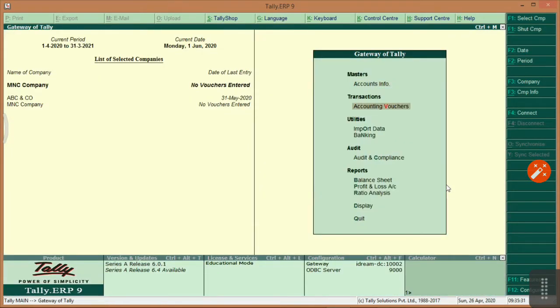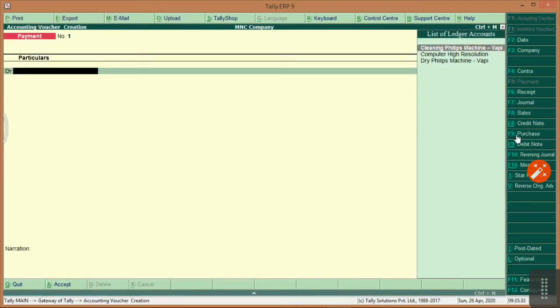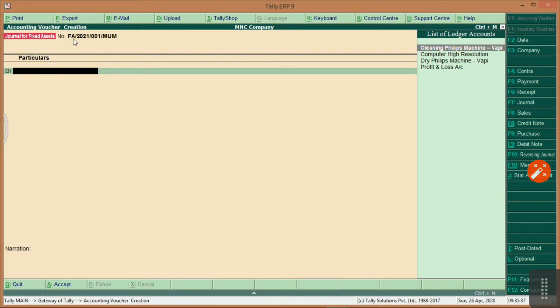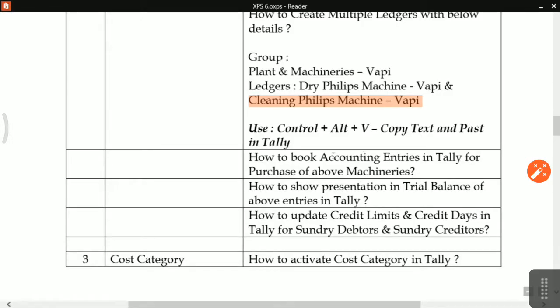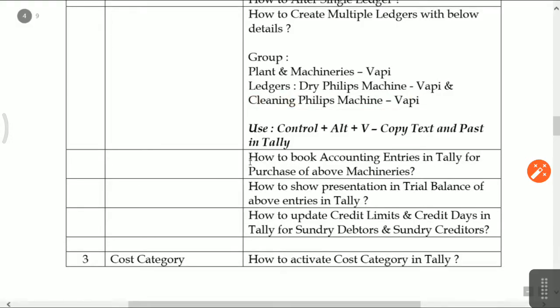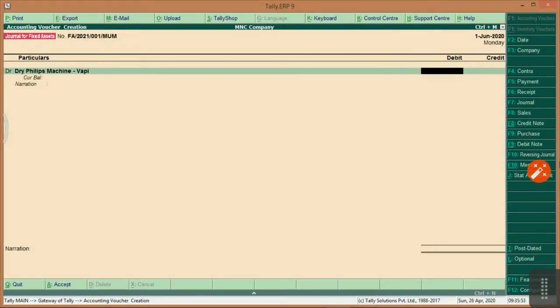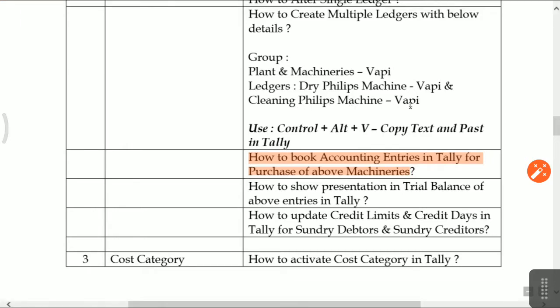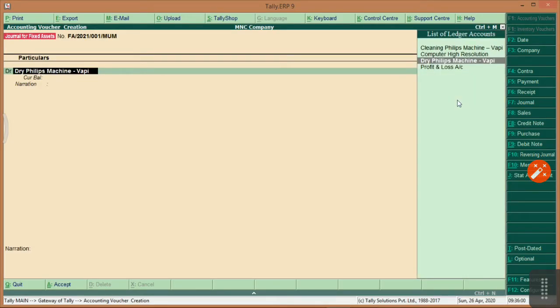Okay, now I will book the accounting entry, accounting vouchers. I will select journal, and I will select journal for fixed asset. Just see here FA 2021, number is 1, Mumbai location, and the question is how to book accounting entries in Tally. Dry Phillips machine WAPI and cleaning Phillips machine WAPI.